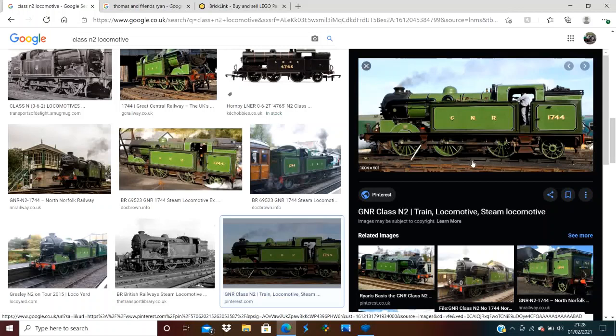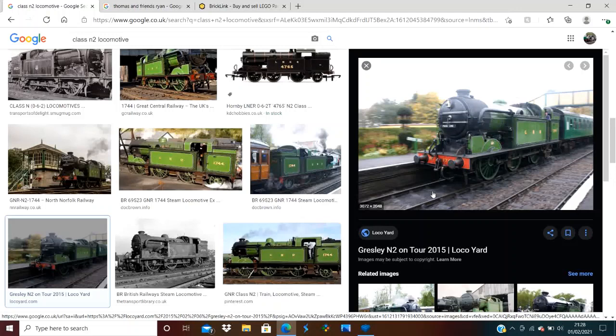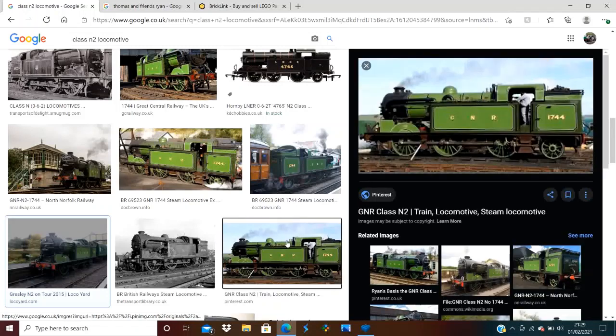If you don't know what these metal clips are for, funny enough, there's a picture down here to actually show my point. These are with the actual wooden blocks underneath the railway tracks. The wooden blocks are called sleepers, and the little clamps that connect that wooden plank to the rail are called chairs. I don't think you really want to be sleeping or sitting on it when a train comes past, but it is actually a funny thing to know. But going back to the pictures,